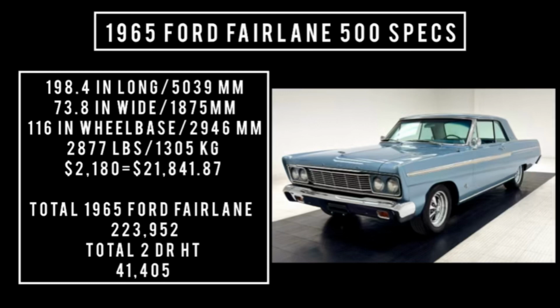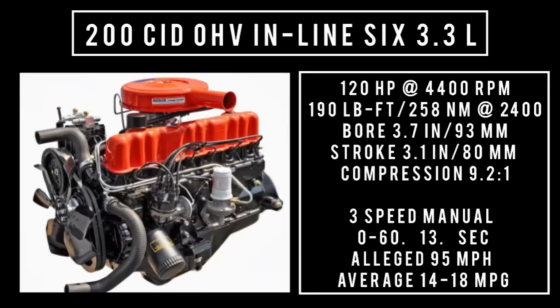41,405 units. Moving on to engine, starting out in the proverbial basement with a 200 cubic inch inline overhead valve 6, 3.3 liters. It was good for 120 horsepower at 4,400 RPM, up to 190 pound-feet or 258 newton meters at 2,400 RPM. The bore and stroke sizes might be rounded: bore 3.7 inches and a stroke of 3.1 inches. Compression 9.2 to 1. When backed with a 3-speed manual transmission, 0 to 60 could be had in about 13 seconds with a theoretical top speed of 95 miles per hour